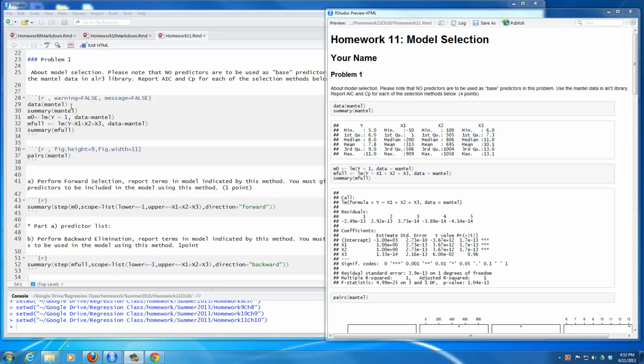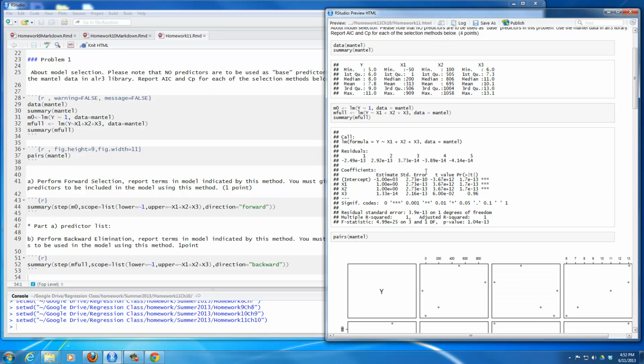We summarize the fact that in our data set we have a response Y, 3 predictors x1, x2, x3, and in line 31 we make a very simple model explaining Y as a function of just an intercept, and in line 32 of the Markdown file we make a full model explaining Y as a multiple regression model of x1, x2, and x3. And then in line 33 we give a summary of our full model, and you should notice